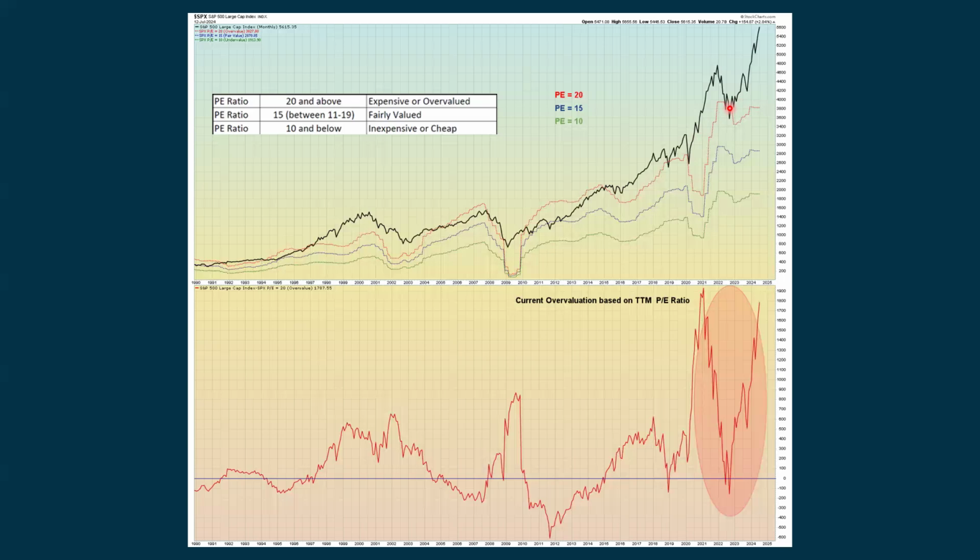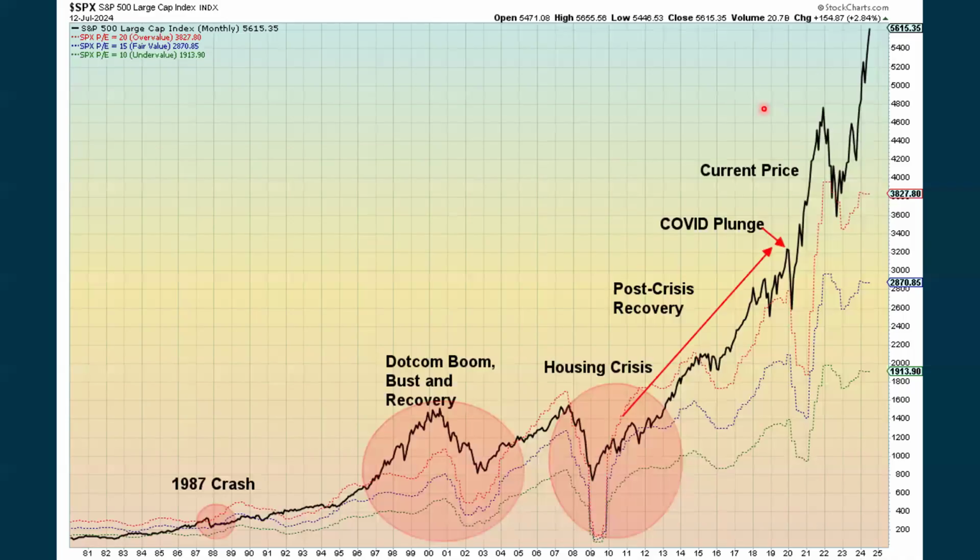We don't even use the forward-looking PE ratio because the market can stay extended one way or the other, usually expensive, because the stock market is optimistic. It's looking out into the future, and it's thinking good things are going to happen into the future. And so for the market to be expensive for a long time is not necessarily a surprise. And we're coming in well above this red dashed line with the PE ratio of 20. So on a historical basis, we are looking expensive, but we have been now for many years.